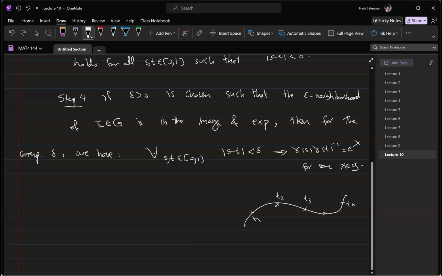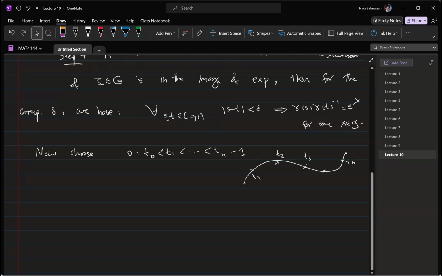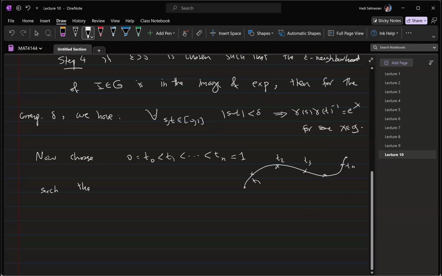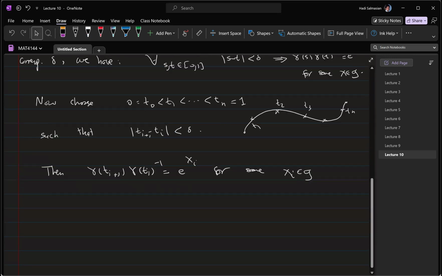So now finally, choose 0 equals T0, less than T1, less than Tn equals 1, such that Ti plus 1 minus Ti has absolute value less than delta. Okay, so then gamma Ti plus 1, gamma Ti inverse is e to the xi for some xi in the Lie algebra, and hence